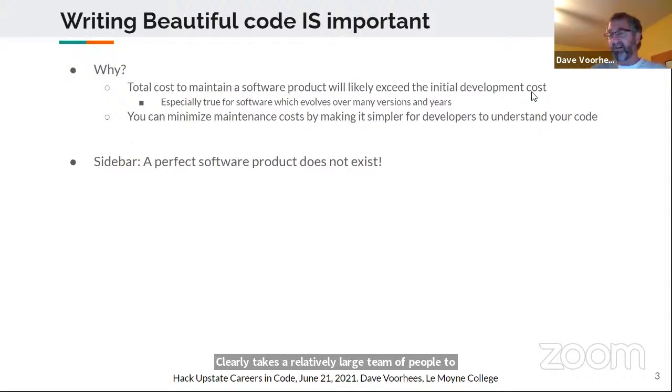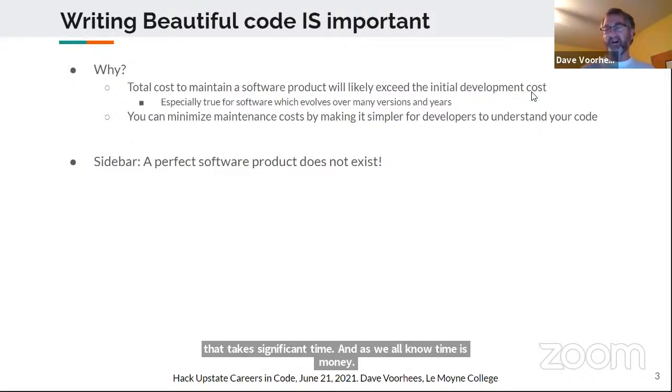So those development costs are very high. Nonetheless, if that word processing software is going to stick around for many, many years, it's going to be modified. Defects are going to be fixed. Maybe software vulnerabilities are going to be removed. All that takes significant time. And as we all know, time is money.